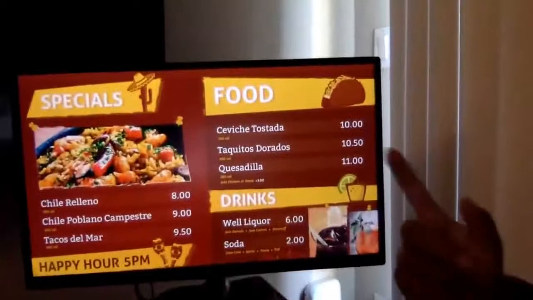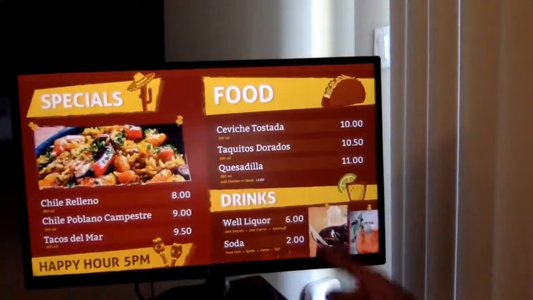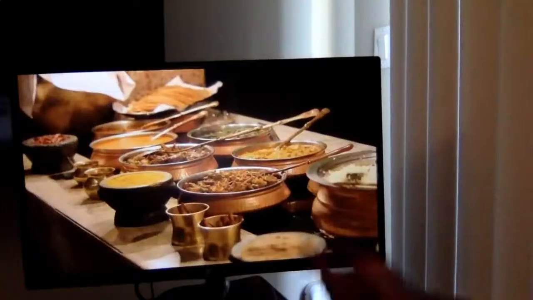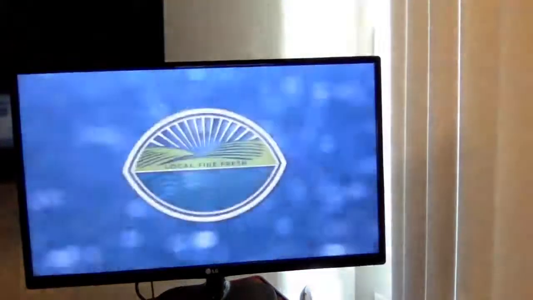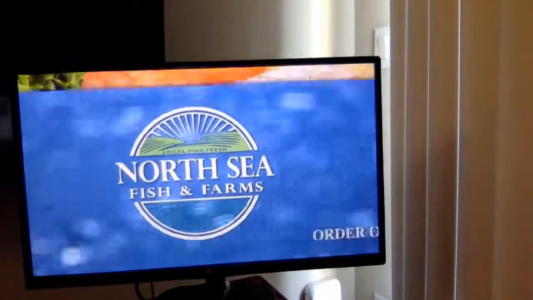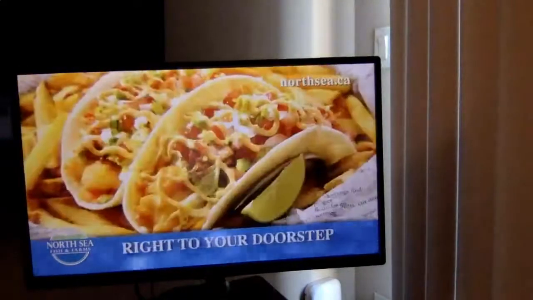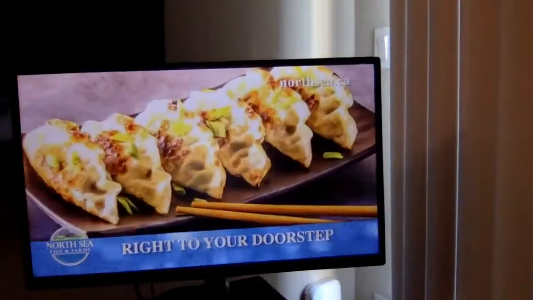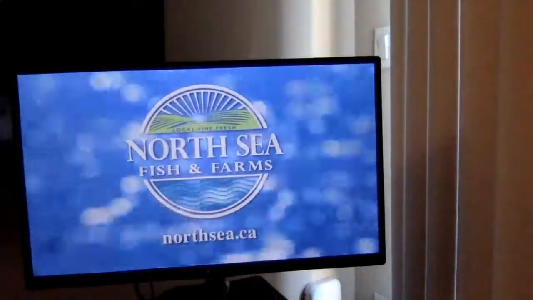After 10 seconds, it's going to load the second menu board. After another 10 seconds, the second image, another 10 seconds, it's going to load the video. You can run whatever contents you want for this. It's just a small TV ad. You can change the content and schedule the time whatever you want.